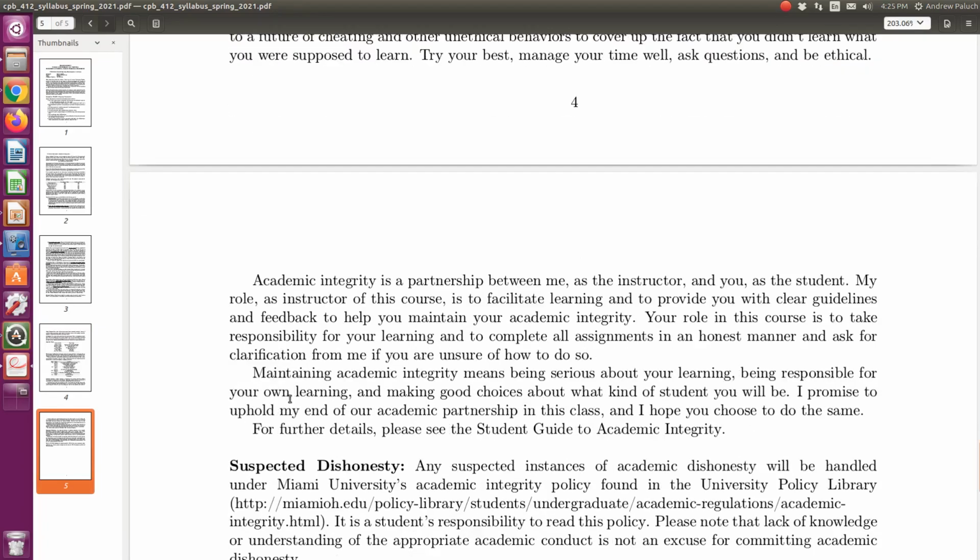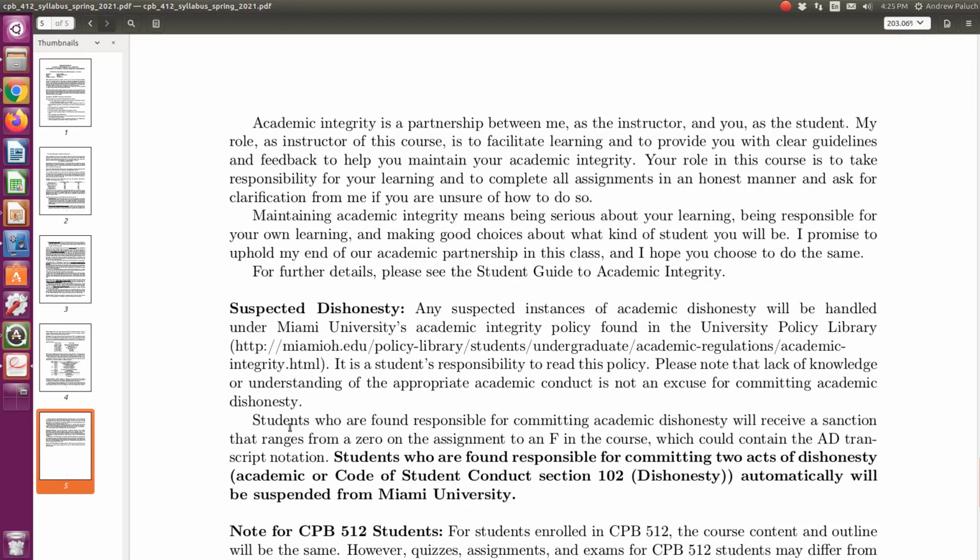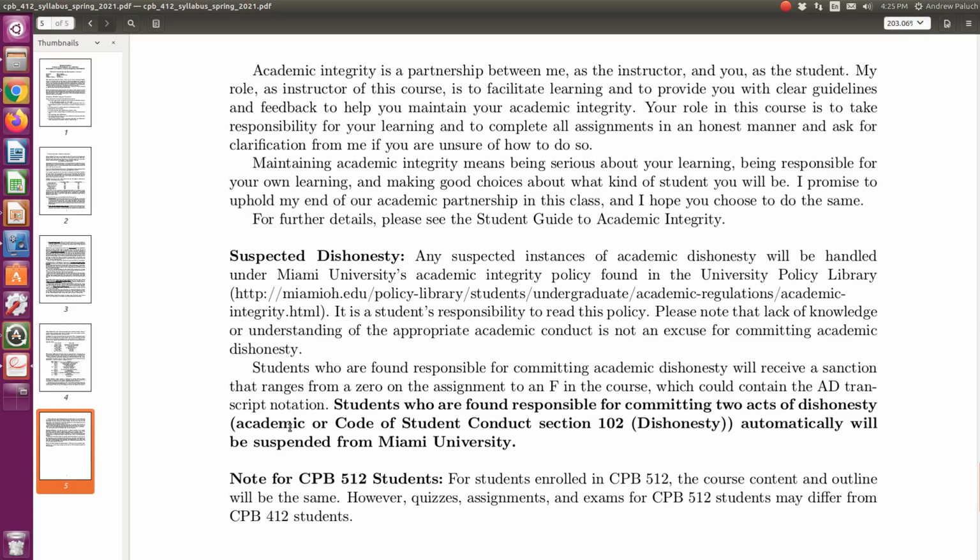The last material you can read on your own is just about academic misconduct and suspected dishonesty. My hope is that we don't have any issues, but if there are, know that we'll take them seriously. Okay, and if there's anything you want to discuss with me with respect to another classmate, or if you suspect there to be any issue, just let me know. But again, you can read through those sections on your own.